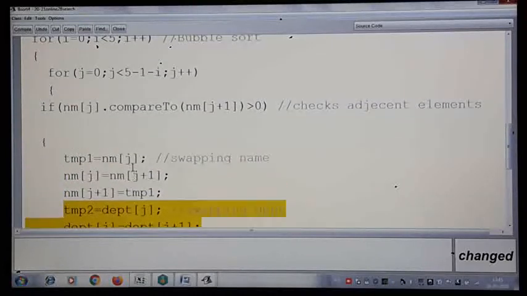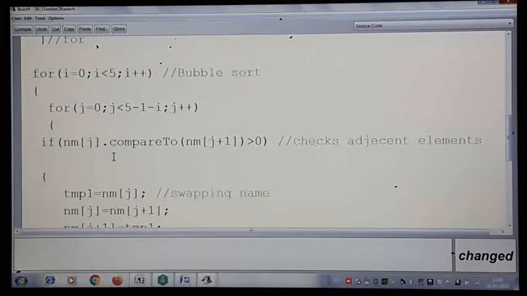And one more thing, normally we do sorting on a unique field. Assume that you might be getting a question: suppose there are two employees with the same name. Practically, when we design, we take care of one more field. When you have a repetition, then we go with one more field, and based on that we try to sort. But otherwise, normally we apply sorting on a unique field where there is no repetition. On that field only we try to sort. Otherwise, when there are multiple records with the same name, no swapping will take place and you will not get a particular order.